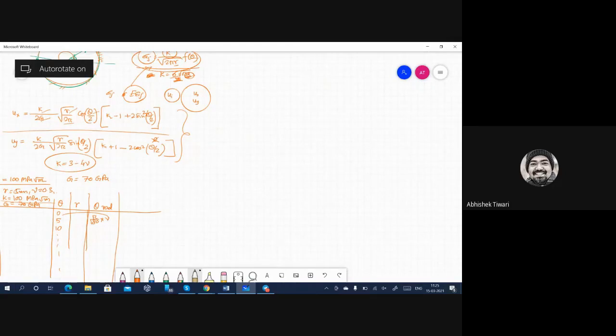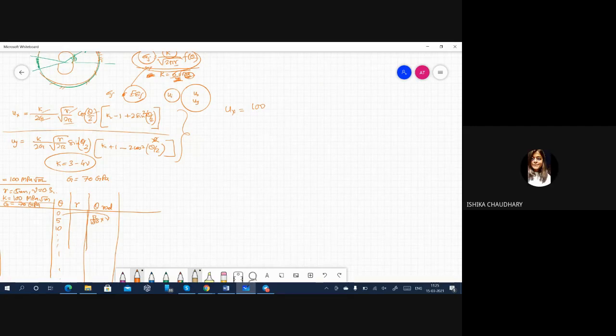And somebody, Ishika, do you have a calculator? Yes, sir. Okay. So let us do this calculation. Ux is equal to A is 100. After keeping 0.3, I am getting 1.86 into 10 to the power minus 5. I don't know if Suraj is getting the same. So now yours match, mine went wrong. Mine is 5.8 into 10 to the power minus 1, which is different. Okay, let us see.